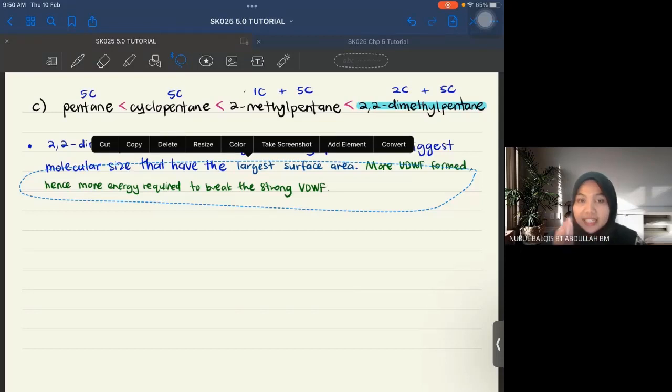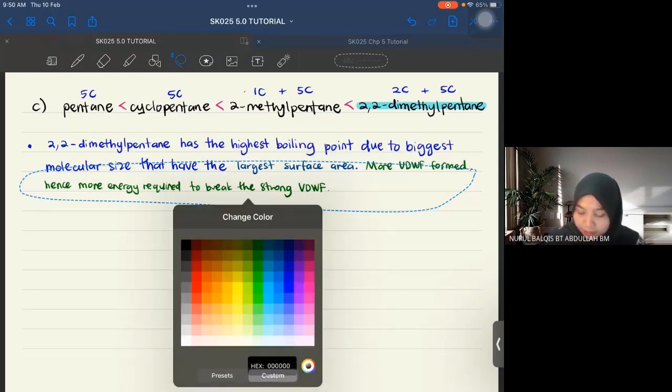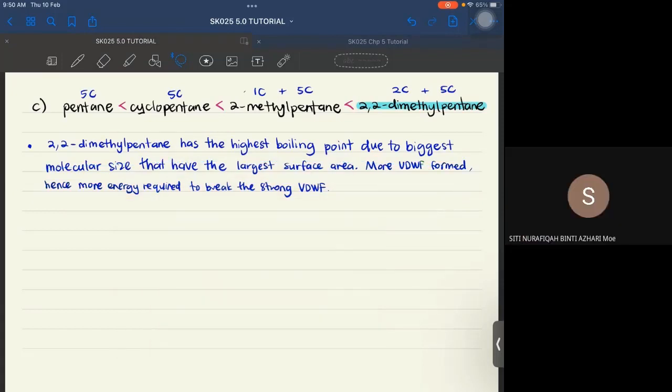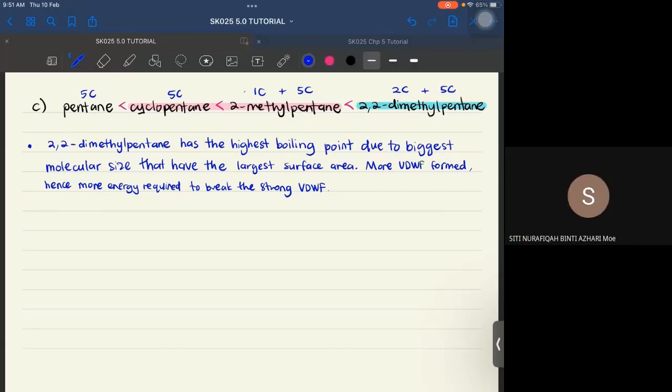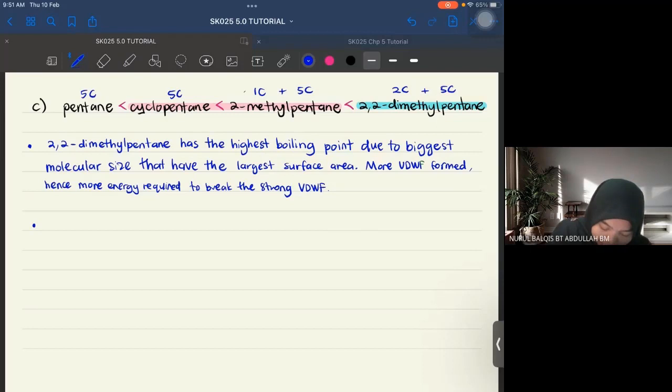Dia dalam trend, betul tak? Bila dia dalam trend, kita kena cakap kat dia, kena berkait juga walaupun number of carbon tak sama. Jangan cakap pasal branching, cakaplah pasal saiz dia orang. So kita akan cakap 2-methyl pentane